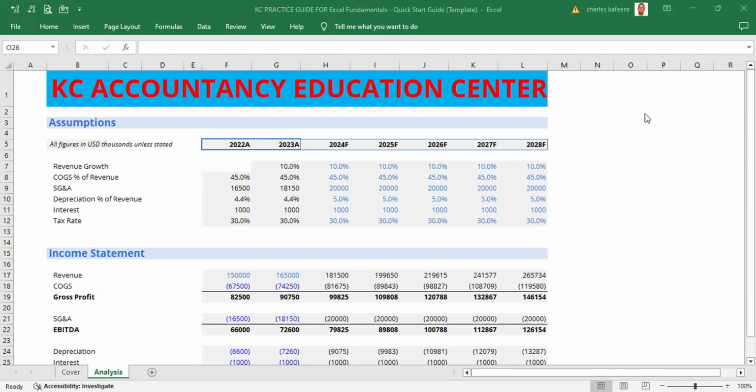What we are looking at today is the advanced financial setup. Within our advanced financial setup, we are going to look at things like freezing panes, creating sections, and naming cells. We are also going to look at some other calculations like the EBITDA, and we look at setting the EBITDA limits,